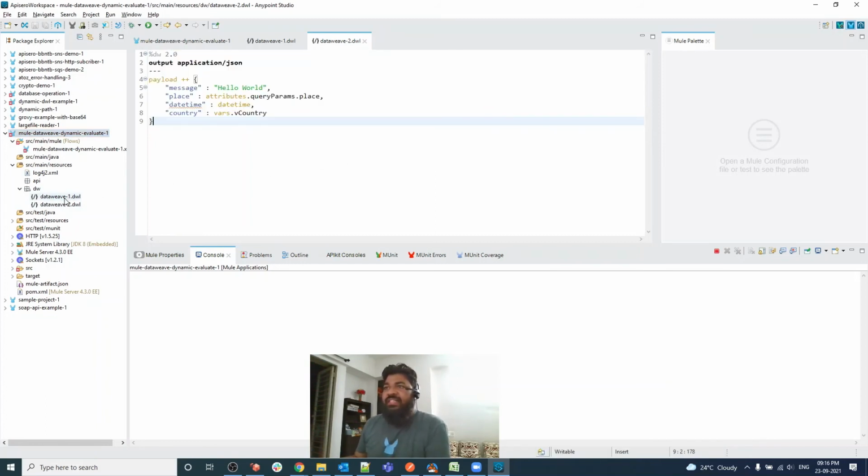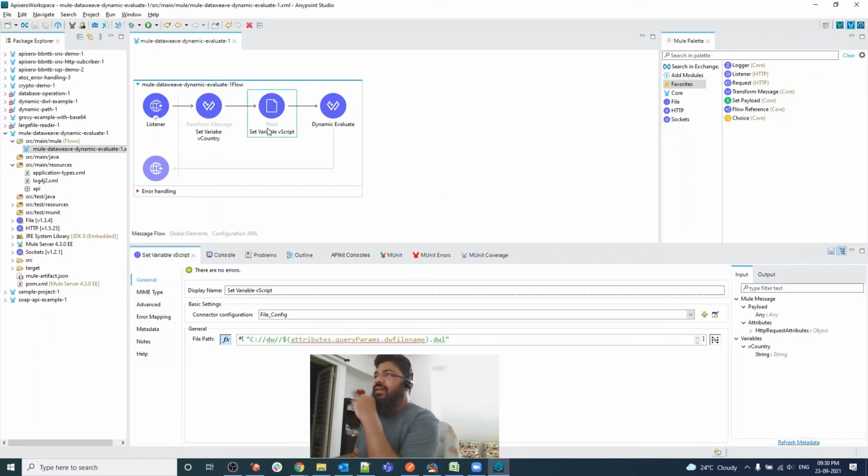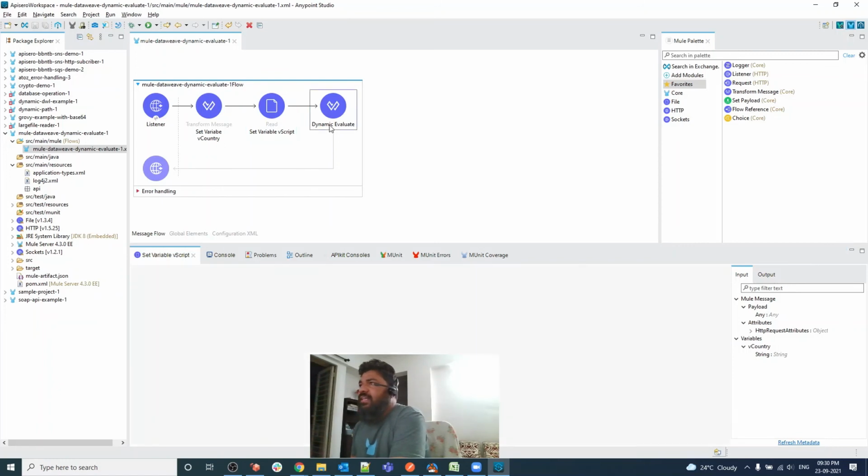But in case of an external file location, we don't need to deploy the project. So let's create that example also. I've created an example where I stored all my data views externally, so that we will not need a restart. This is one of the advantages of using dynamic evaluate.